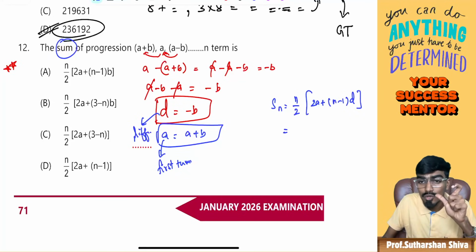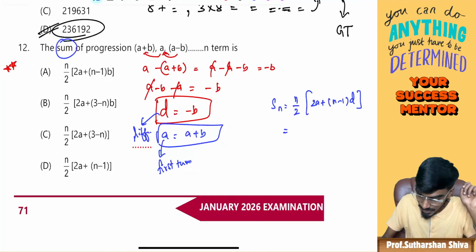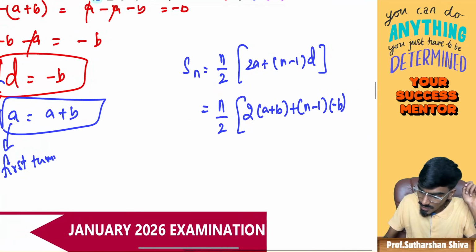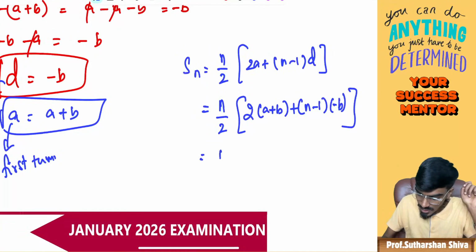I will be having one more shortcut also. I will be teaching you that as well. n by 2, I will keep as the same. 2 into a, a is nothing but a plus b. Plus n minus 1, d is nothing but minus b. Now on the next thing, n by 2